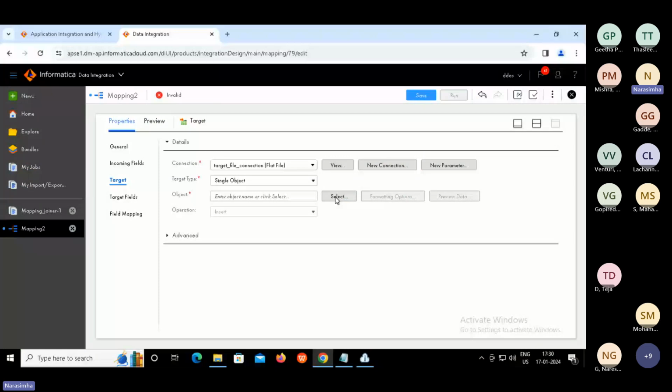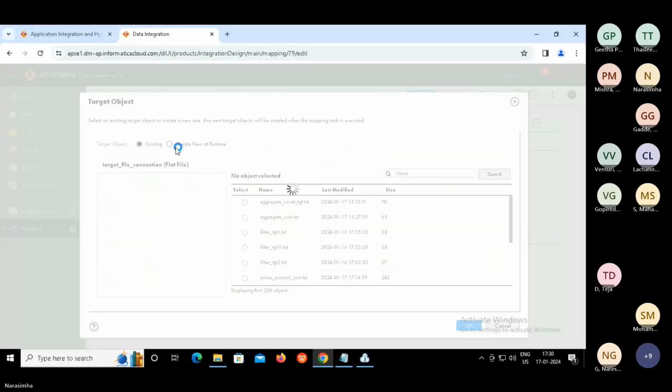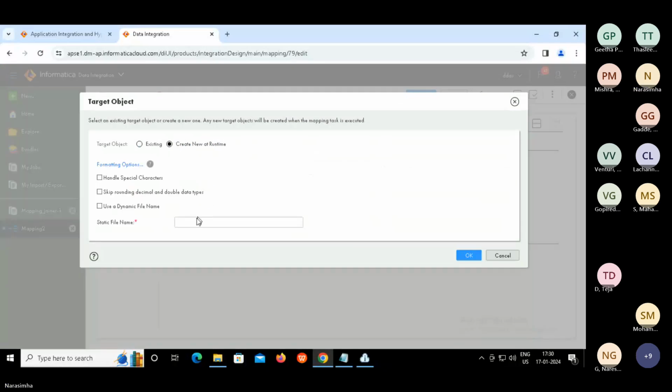Click on select, and supply the target file name, which is lookup result.txt. But here we are focusing on connected lookup.